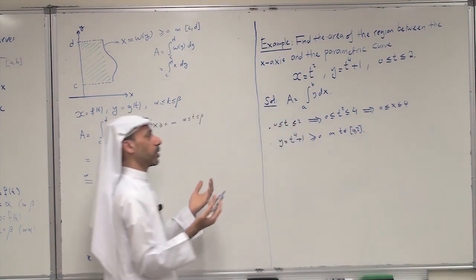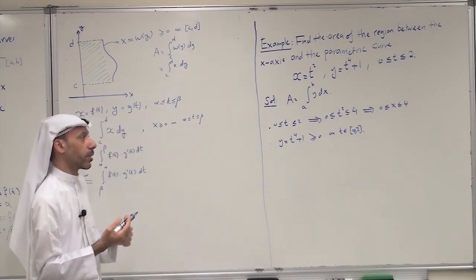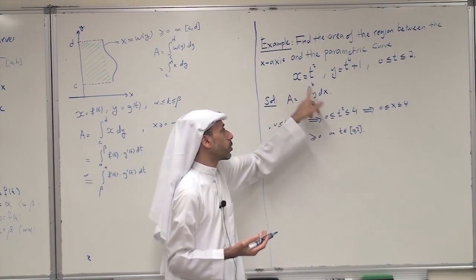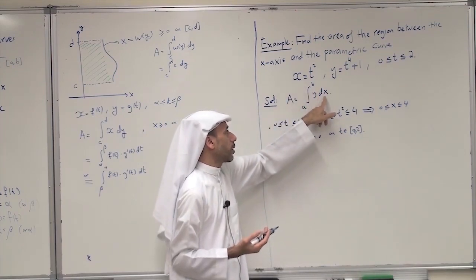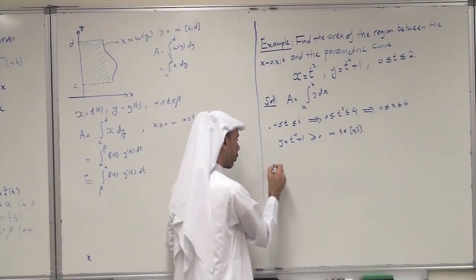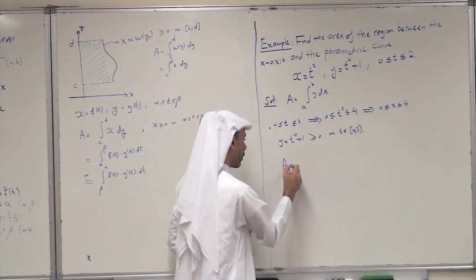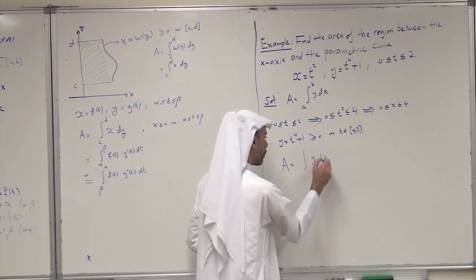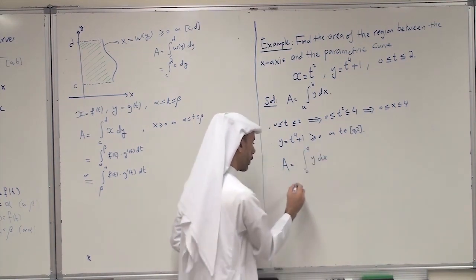So y is positive, so this formula is correct. Now we just have to substitute the value of y and the value of dx with the corresponding elements. So A equals the integral of y dx from 0 to 4, and this equals